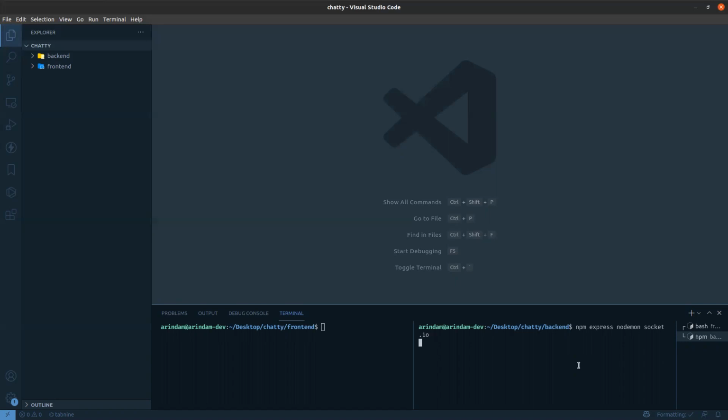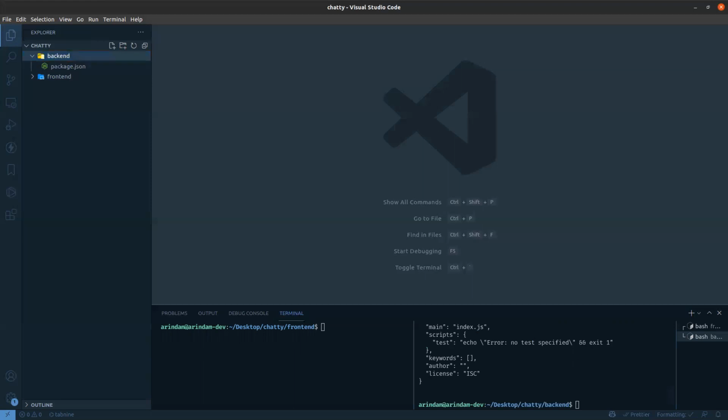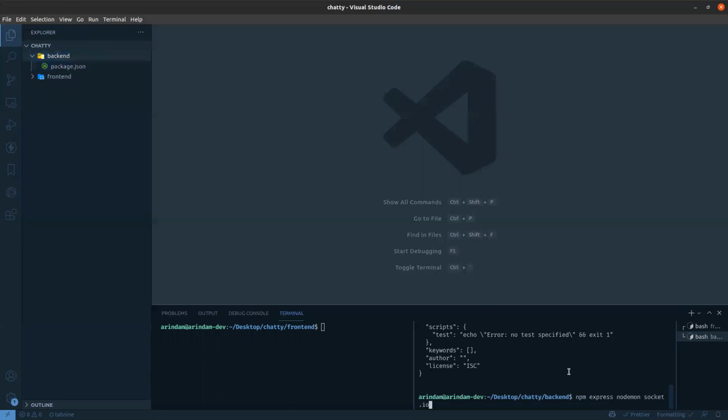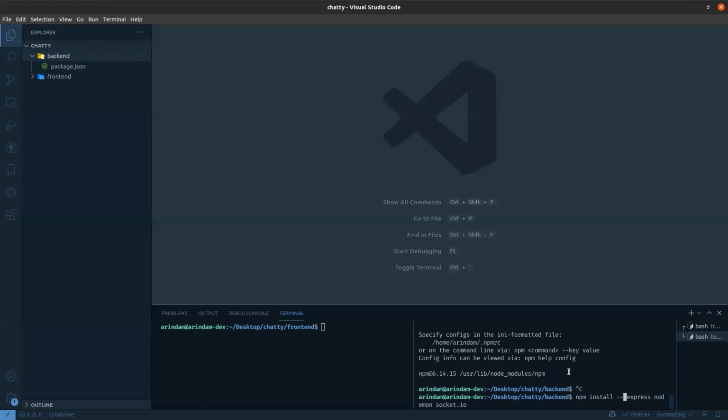So now hit enter. Oh, sorry, first we need to initialize the npm package. For that, npm init, and I'm keeping the defaults, that's why I'm giving -y. It's creating one package.json file over there, you can see. Now we need to install all those things. Oh, sorry, npm i we need to give. So npm install.